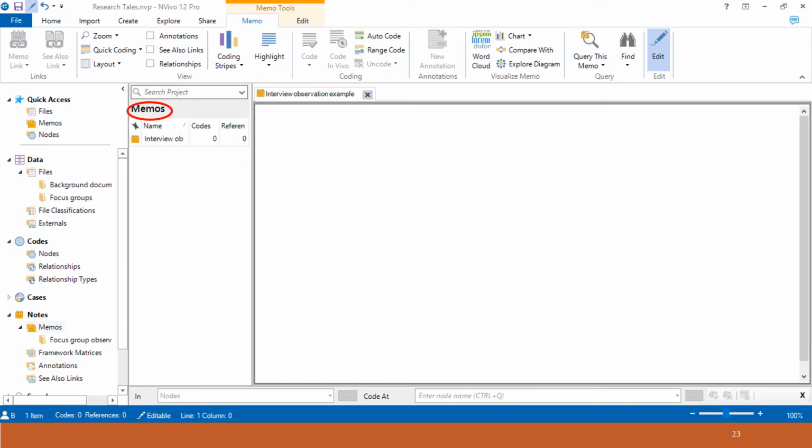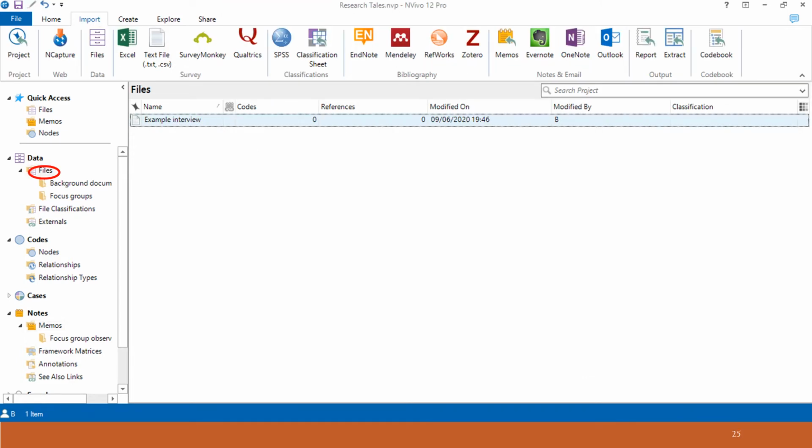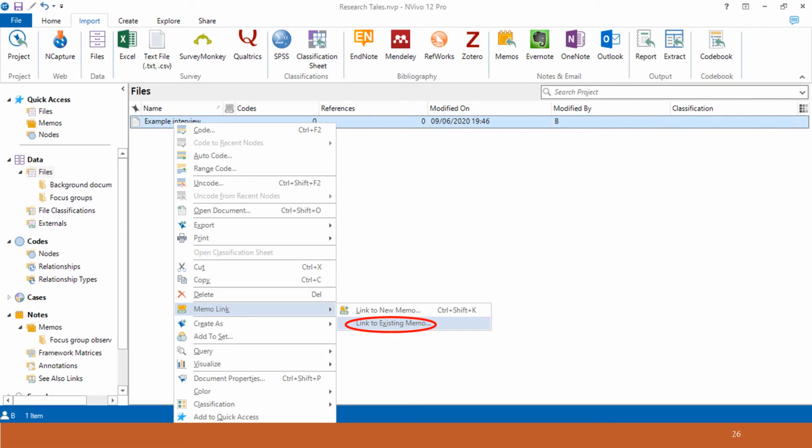And here is our new memo. It just looks like in the previous example. We can also see here that we have created it in the Memos folder. And also here I added a bit of text as an example. Now that we created our memo, we need a file to which we can link it. And for this example, I will use an interview transcript that I uploaded into the Files folder. And all we need to do is to right-click on the item and select Memo Link and then link to